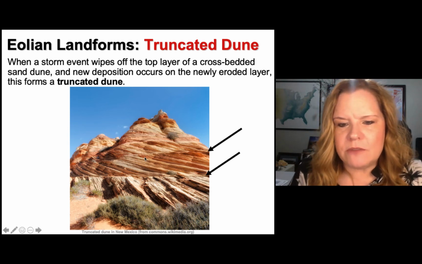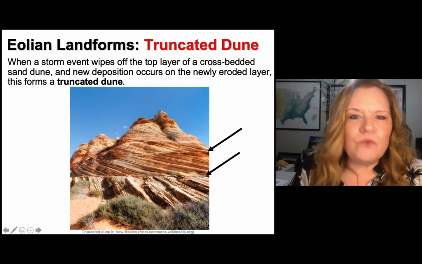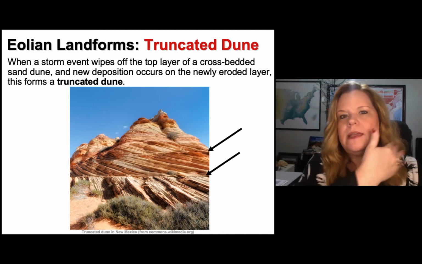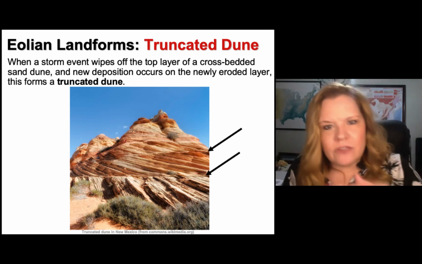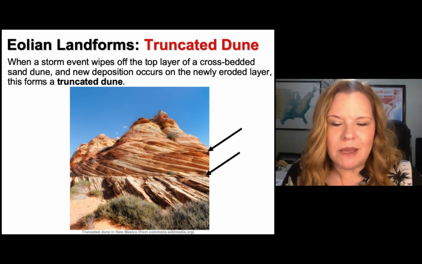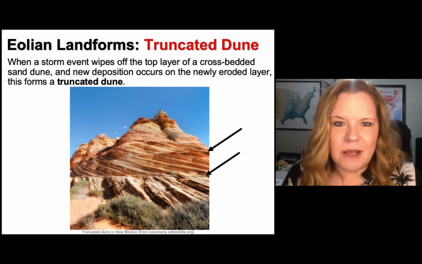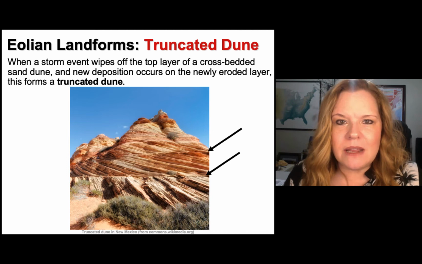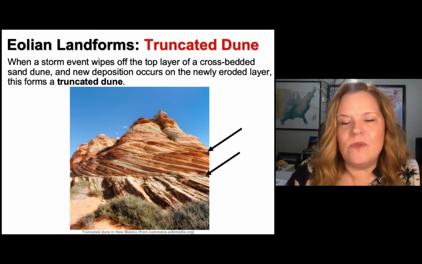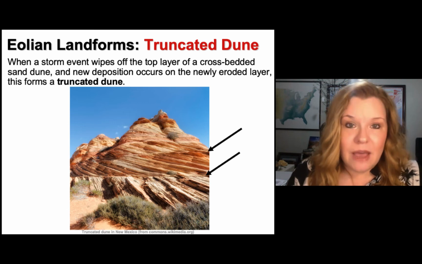Can you see the crossbeds, and then you get a flat line and then a new set of crossbeds? What's really happened is a storm came through and wiped it clean, and then new sands are put on top. So in theory, you could call that an unconformity, but these sands were deposited in sequence, meaning they're similar in age. So I don't know if I quite call that an unconformity, but it looks that way when you see it.